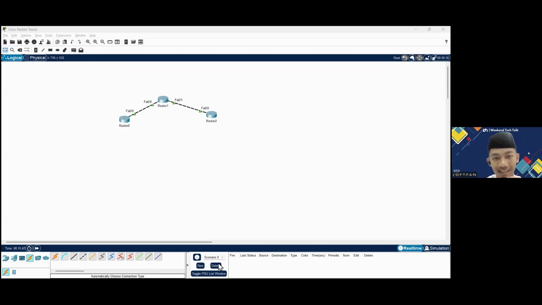Okay, done. We already configured EIGRP on router 0.